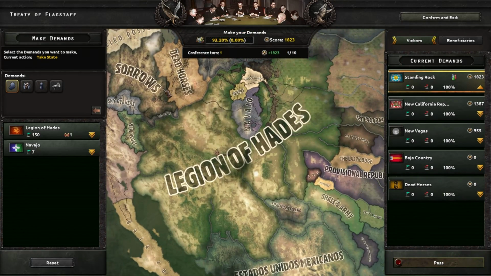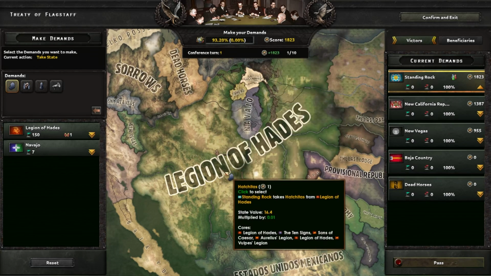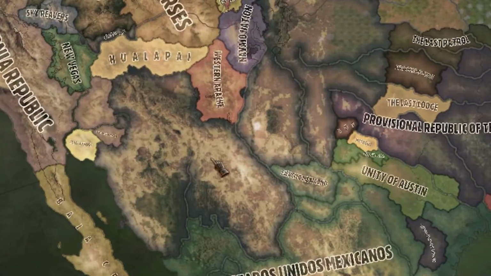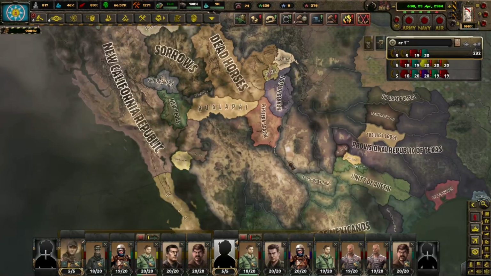The Legion of Hades was such a slugfest, but I'm gonna try and get what I can out of this. I do have player led on, but I will go out of my way to make this fair. Okay, and that's the result of the peace deal. Unfortunately, I had to take a big chunk of land for myself, which I didn't want to do, because I